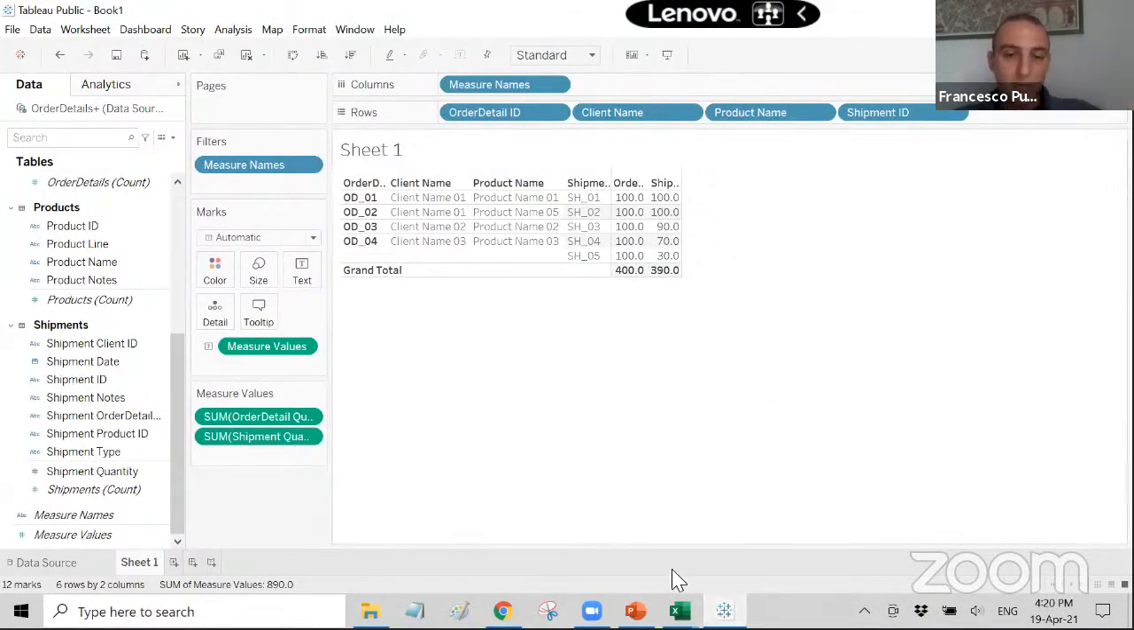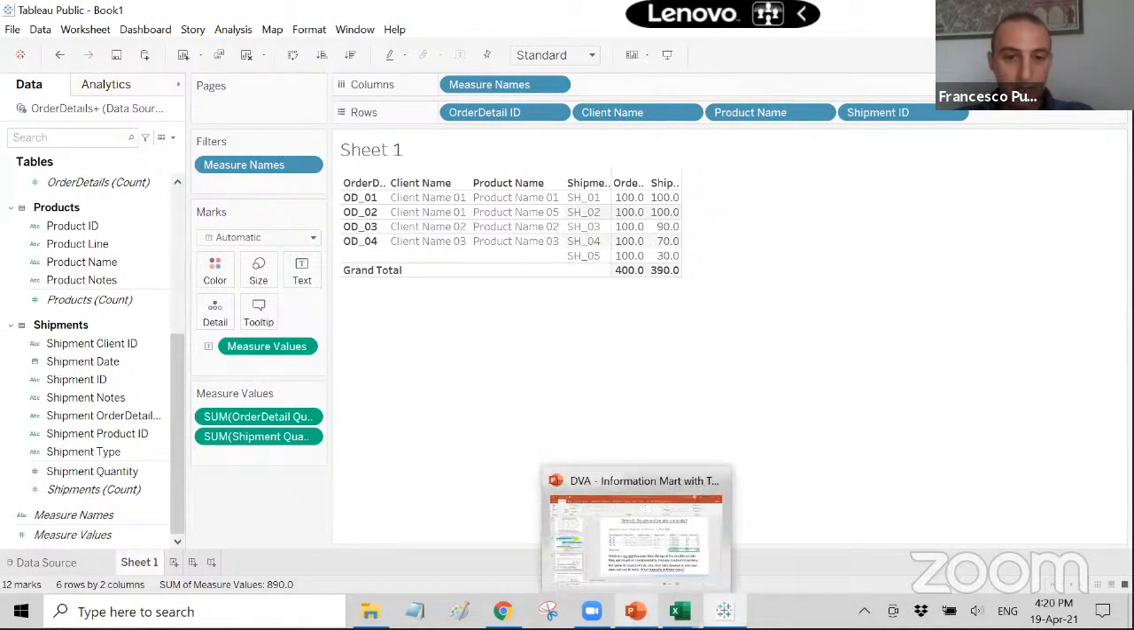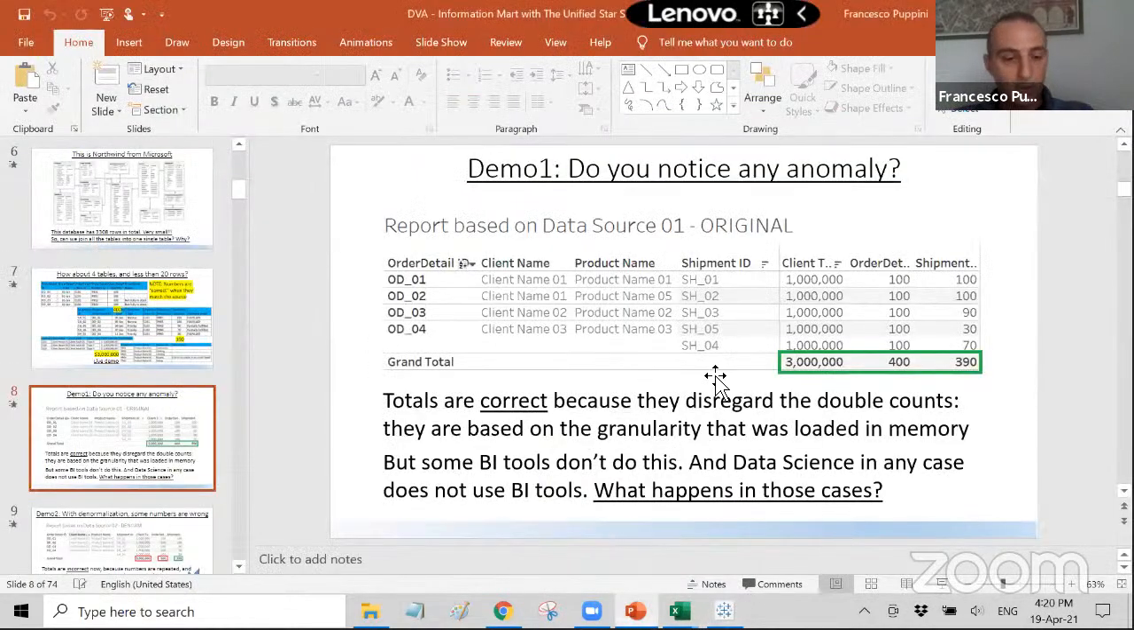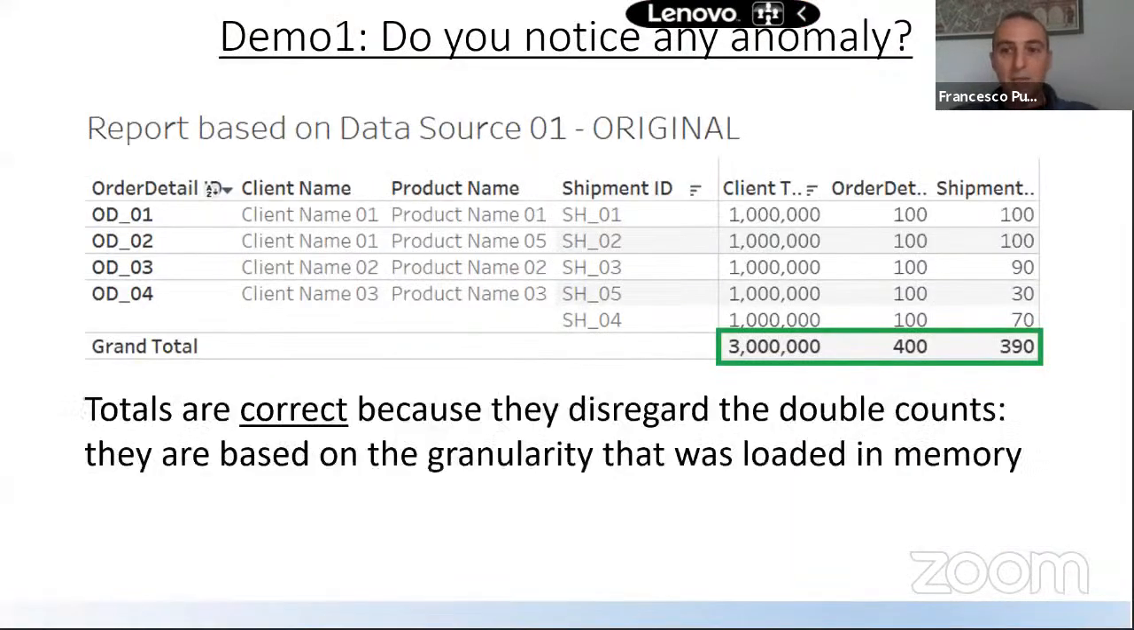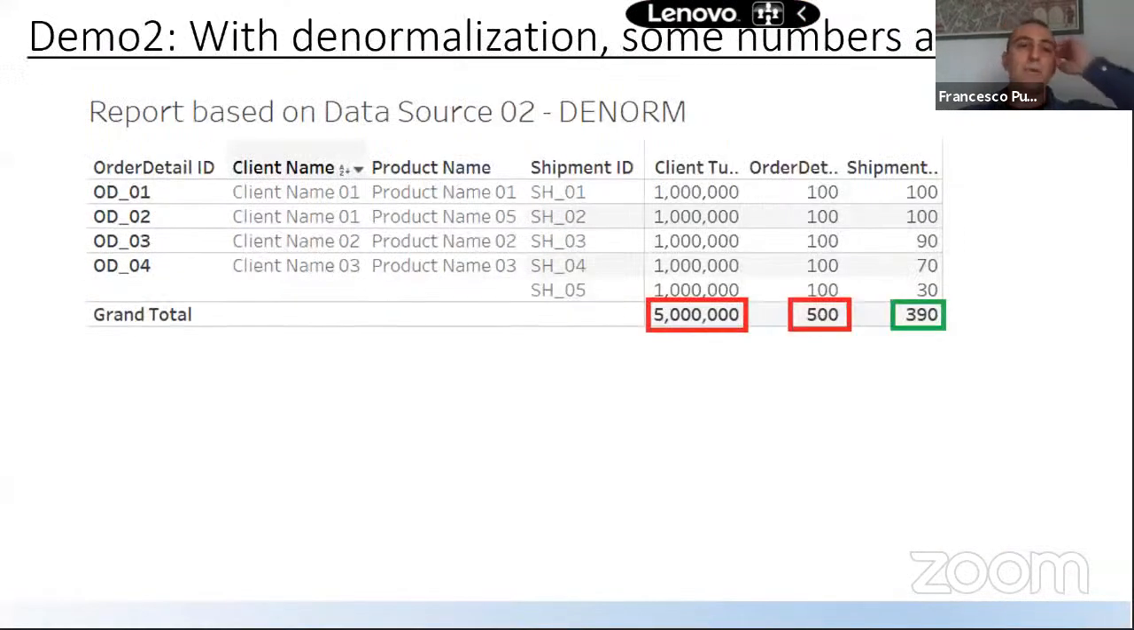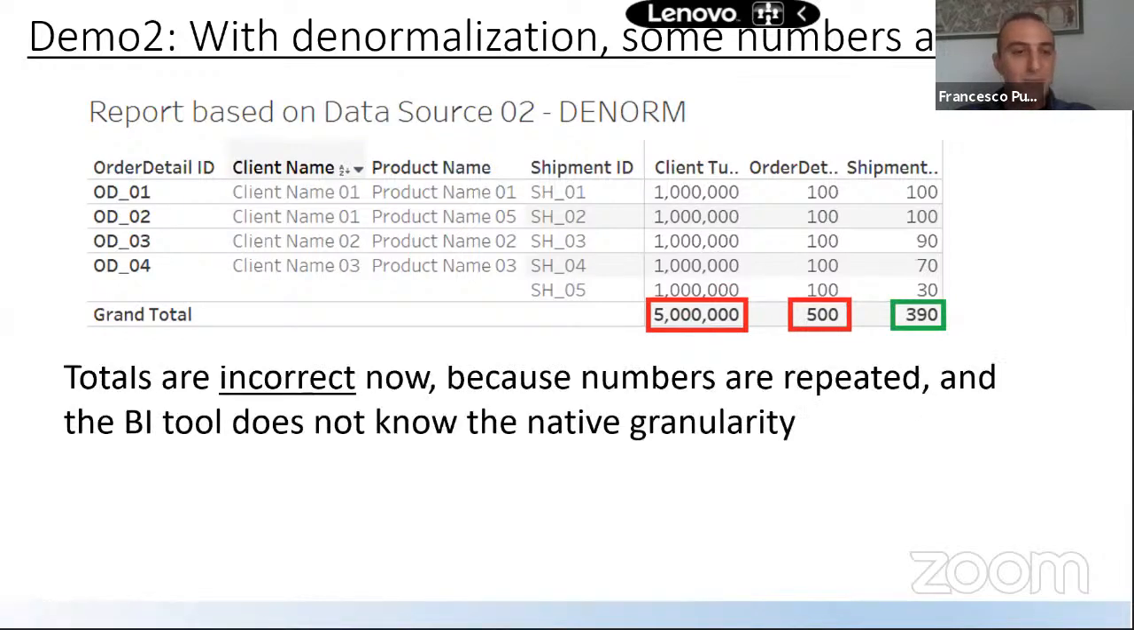So I don't do it now in Tableau because it would take too long. I've done it earlier, so we can go on with the slides. So if you do it in Tableau now, the number that you will see will be 500 instead of 400. This one will be correct. It will be still 390 because there are no duplicates. And then, by the way, also the client turnover, it will become 5 million, which is instead the correct one is 3 million. So the totals now are incorrect because numbers are repeated, and the BI tool does not know